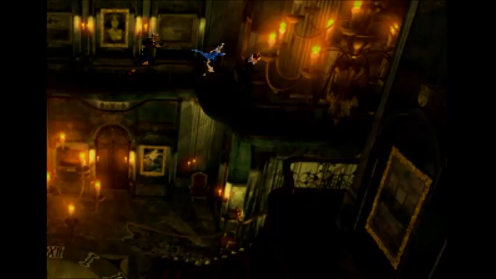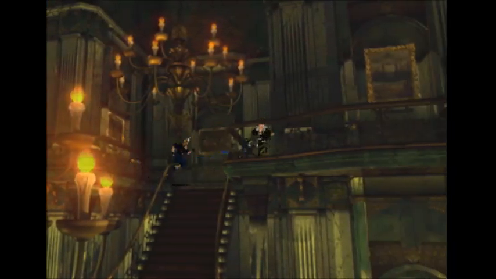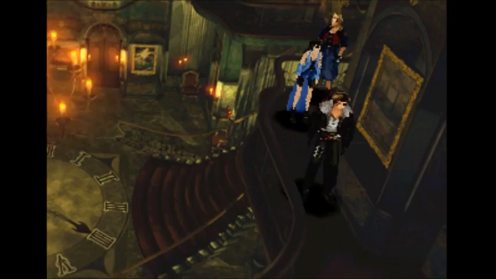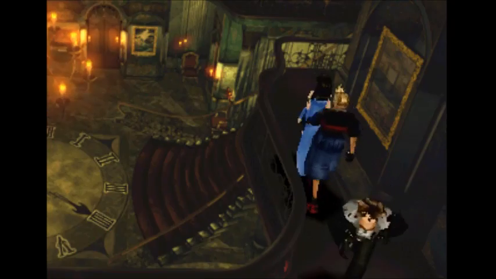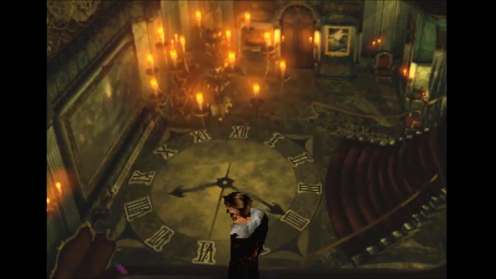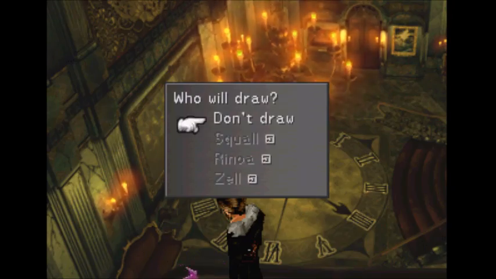Alrighty. Let's look over to the other side of the art gallery. Over here we find the last painting. The garden. And also over here we find our biggest clue. That clock on the floor. Meltdown draw point is